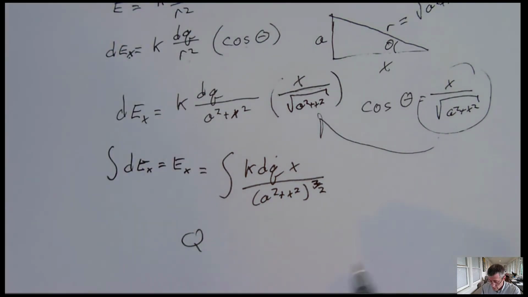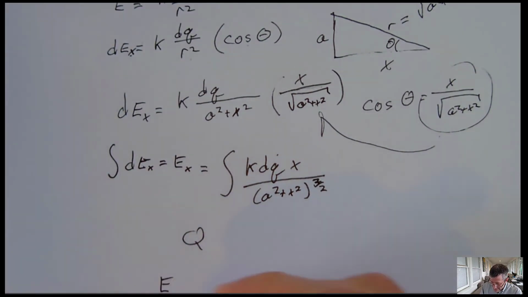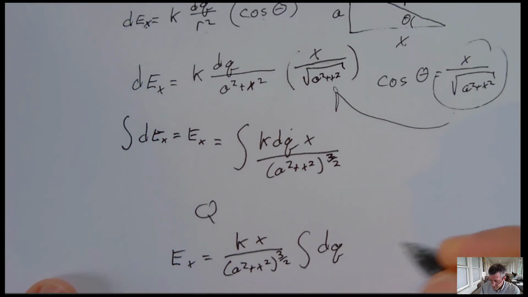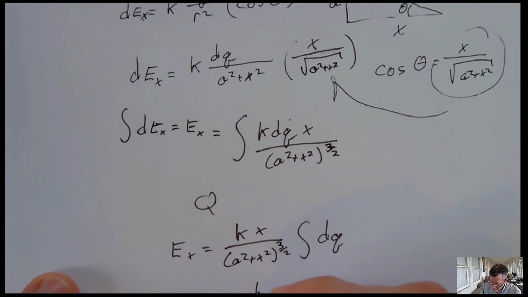So the nice thing about a circle is I can do a simple integration. My E_x is going to be k times x over a squared plus x squared to the 3/2, times the integral of dq, which is just q. So this is going to be kq